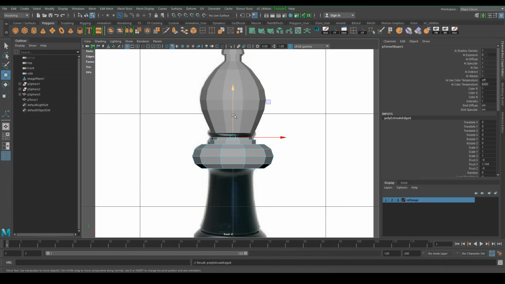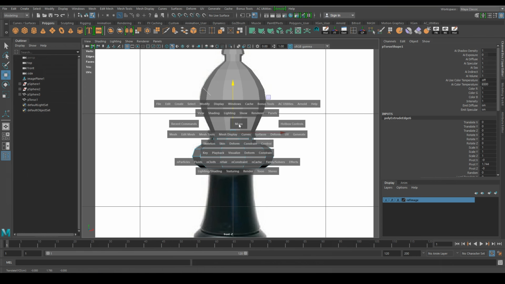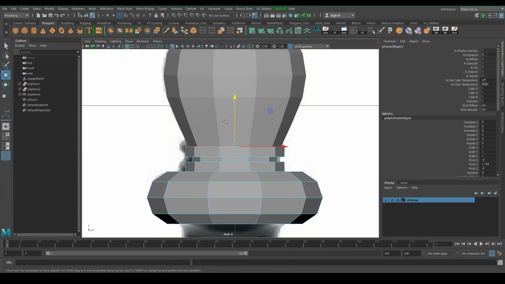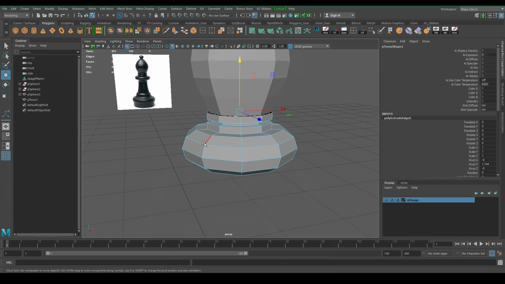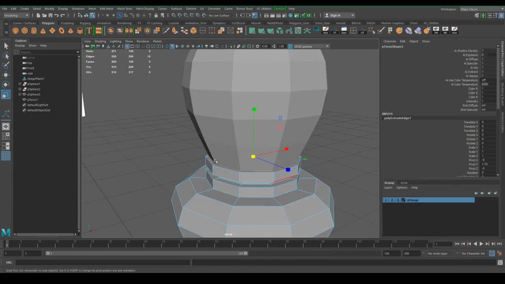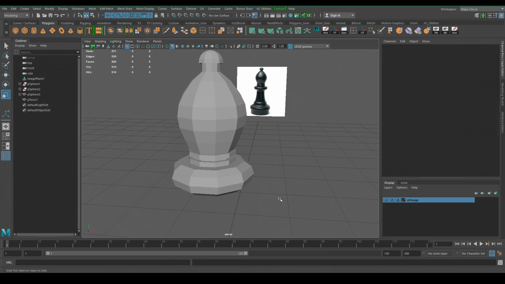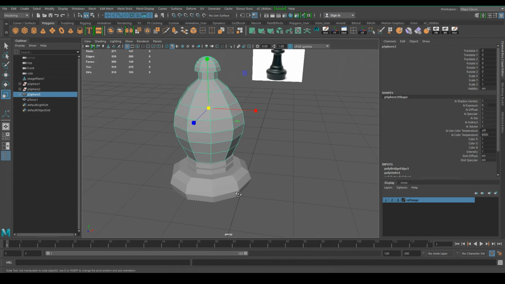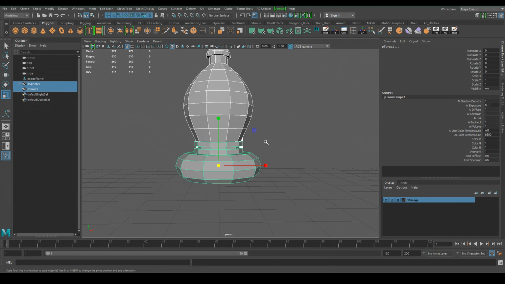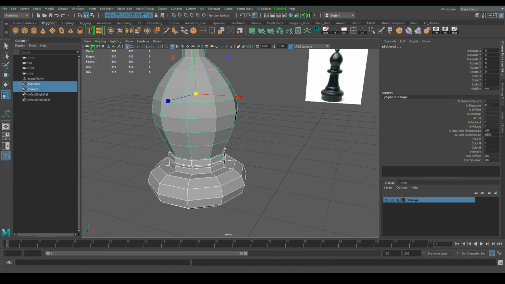And Ctrl E again, and move it up. Cool, and so it should be sitting roughly where the other piece finishes. And Ctrl E again, R for scale, and scale it down so they're sort of quite close to each other. And we can actually connect them this time, so that's not going to be a major problem. We can do it right now. Let's delete history, freeze transforms just for now, so that they don't bother us anymore, and we'll go and do